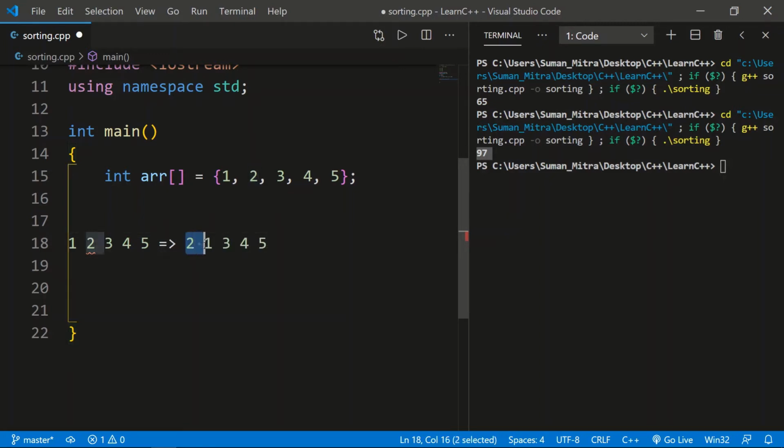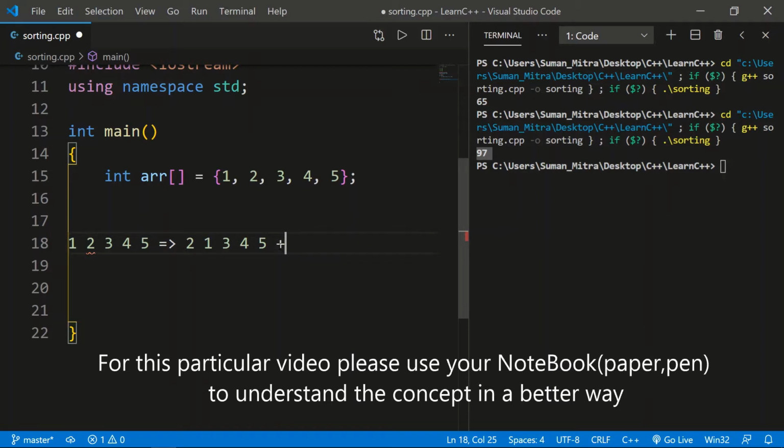Now this part is completed. Now we need to check between 1 and 3. Is 1 greater than 3? No, so in the second step it will be like 3 2 1 4 5, and similarly we'll check 1 and 4, then 1 and 5, and this way we'll come down. We'll use a for loop so that we can access all of these one by one. I'll show it using the for loop so you understand better, because this way it's a bit confusing. So first of all, we'll run a for loop.